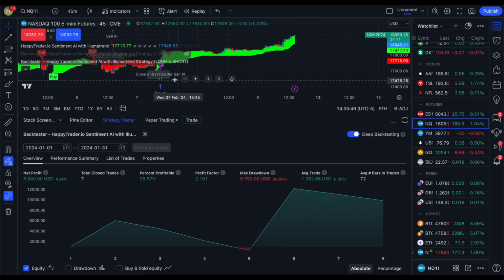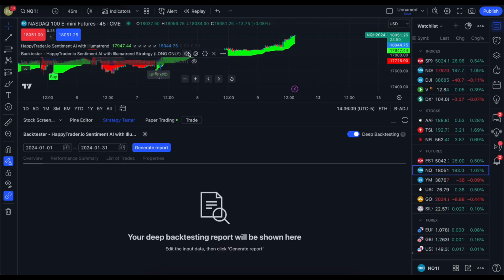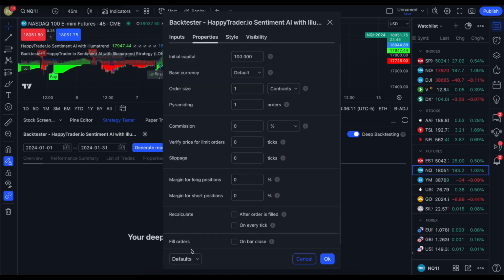Now we're going to get into the interesting part of going with the market and why I think it's smart for you to go with the market, why I like to go with the market. And I'm not giving you financial advice. Disclaimer, not financial advice. But going with the flow of the market is like going with the waves of the ocean. Okay, so let's switch over to the long only back test. We're going to do the same exact thing. We're going to do a small account size.